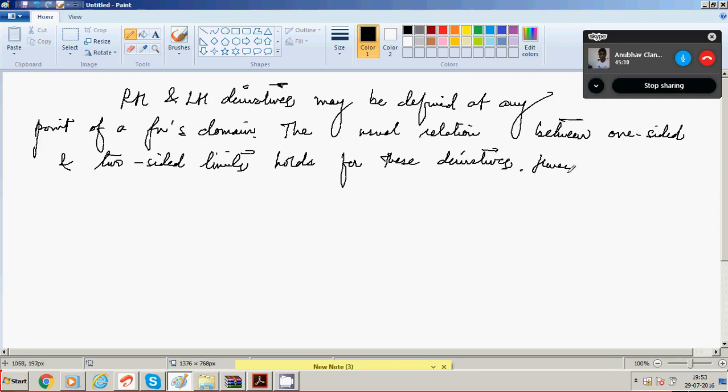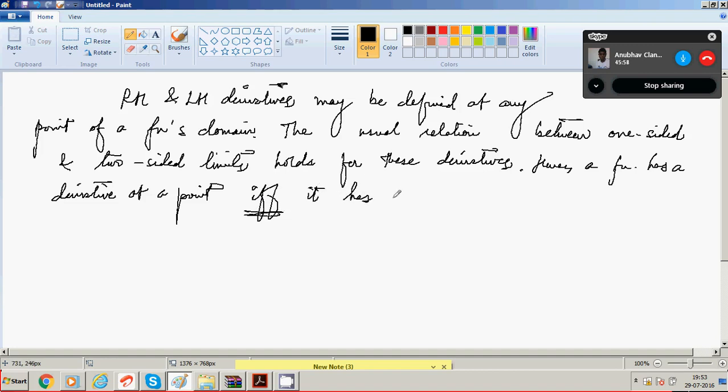Hence, a function has a derivative at a point if and only if it has a left hand derivative and right hand derivative at that point,